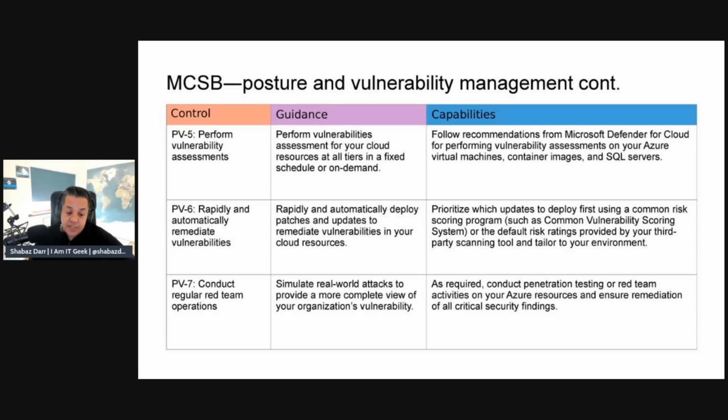The AWS guidance is to use AWS Systems Manager Patch Manager to ensure that the most recent security updates are installed on your OS and applications. Patch Manager supports patch baselines to allow you to define a list of approved and rejected patches for your system. Finally, PV7, before we move into the demo,